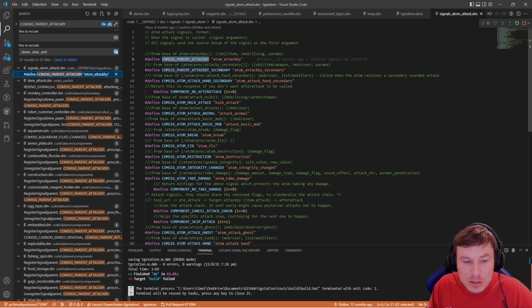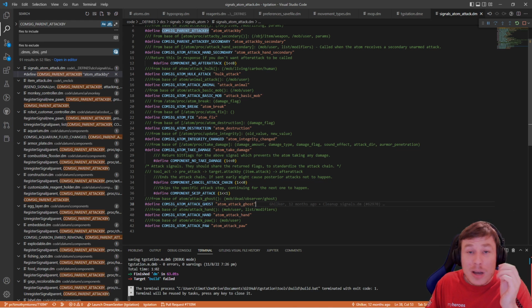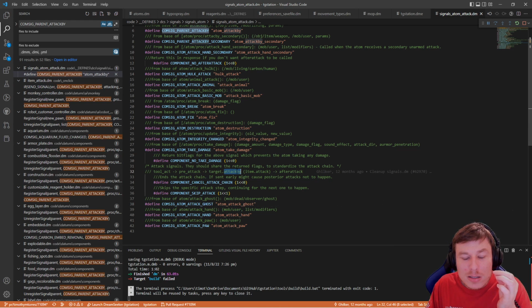So you kind of see it a little bit here, but this isn't the one I was looking for. This is for tools. And this one says standardize attack chain, where it's your tool action, your pre-attack, attack by, and then after attack. It goes in that order. So how does this apply to the bug? You're probably confused, but it's actually quite simple. So our attack by, that's where we're canceling the attack animation, and because it gets canceled, the code that updates